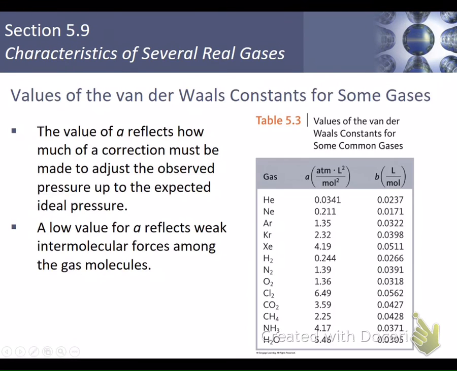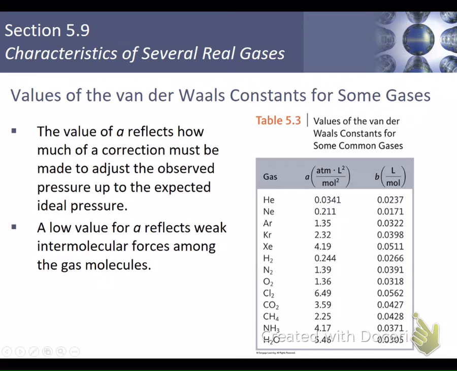Well, a and b are empirical constants. The only way you can find these a's and b's is to go in the lab, run these experiments with these gases at certain temperatures, measure the pressure at known volumes, and see how far off the measurements are from what the ideal gas law would predict. And so you solve for these correction factors. So again, they're empirically determined. You always have to look these up in a book. And every gas that we know of has already undergone these tests.